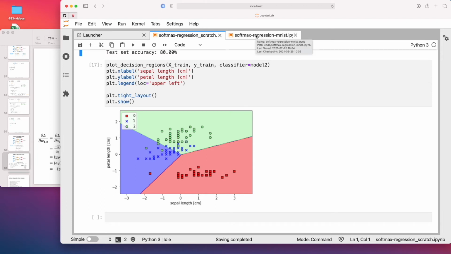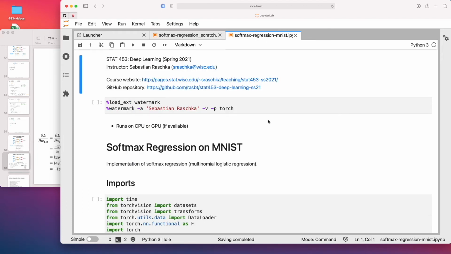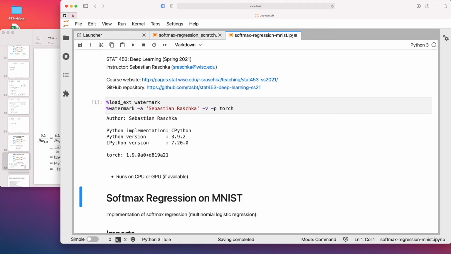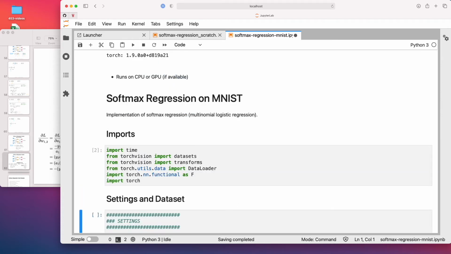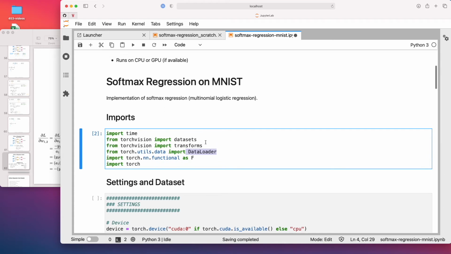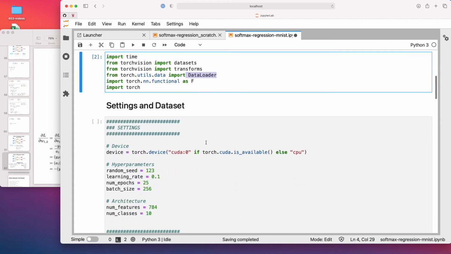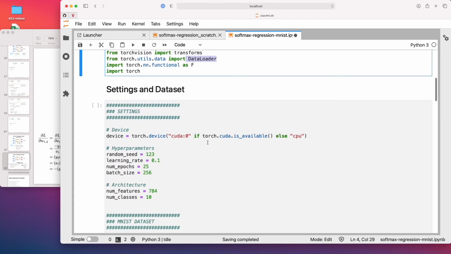Let's now take a look at the same thing for the MNIST dataset, because I already showed you the MNIST dataset in the lecture, and just for completeness, we will actually be working with this more when we talk about multi-layer perceptrons in the next lecture. So what's new now is I'm using a data loader, and this is usually how we load images in PyTorch or other types of data.